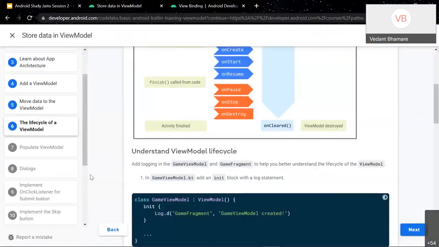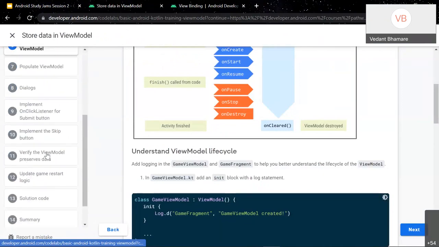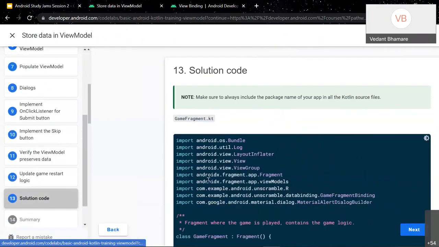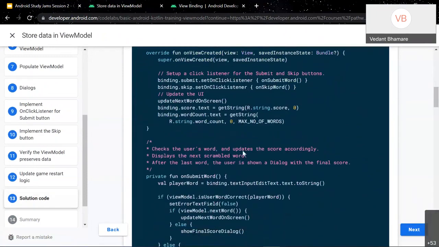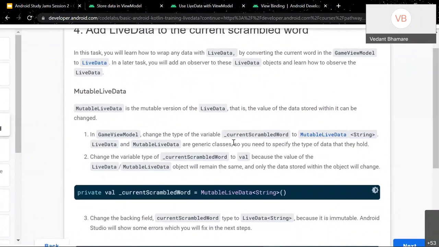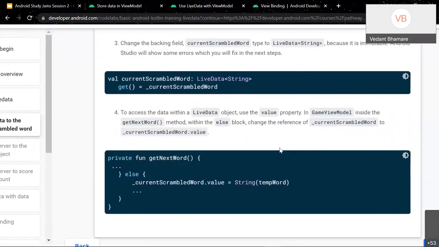I'll give an example where it is used and how it was used. So here, the solution code of this final code lab. Your current scramble word. What they have said basically is,